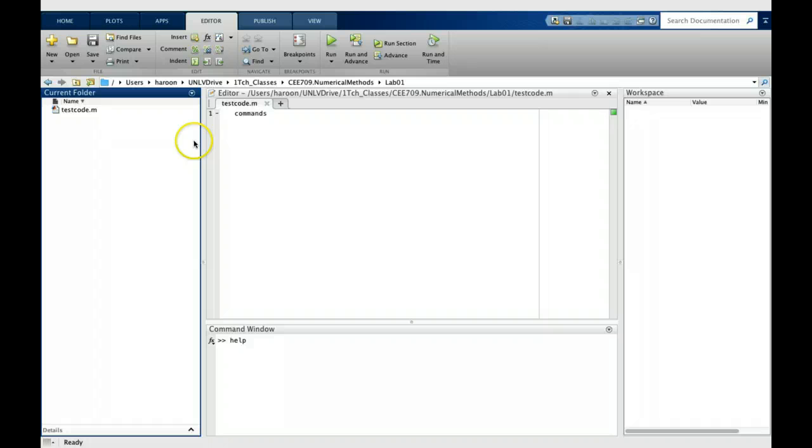Okay, so this is how you typically use the Matlab desktop. We will be using some of these windows docked here in the next